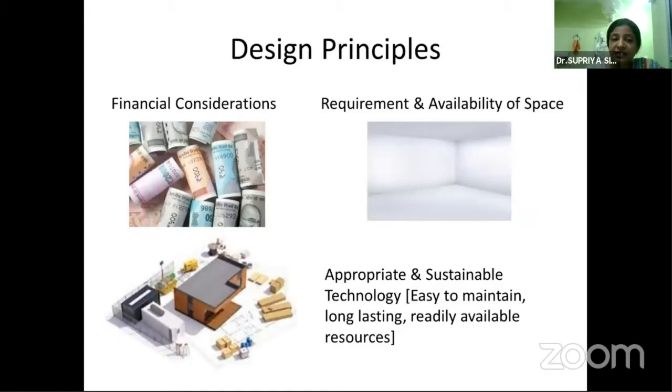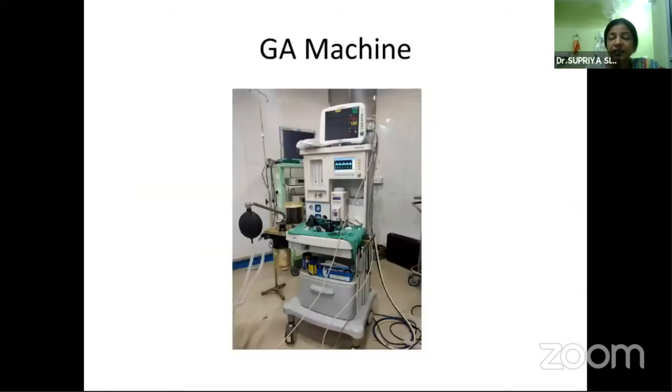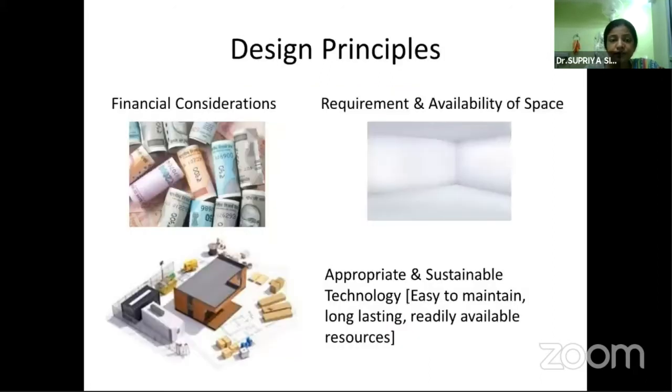Set aside a budget and decide its upper and lower limit. Planning has to be done depending upon the availability of funds and space. Decide in the initial part only whether you would be offering GA or not, as extra space is required to keep the anesthesia machine and additional design is needed for appropriate plugs, suction and oxygen outlet system. Use the space as best as possible and try to avoid wastage of the space. Use materials which are easily available, durable and easy to maintain.